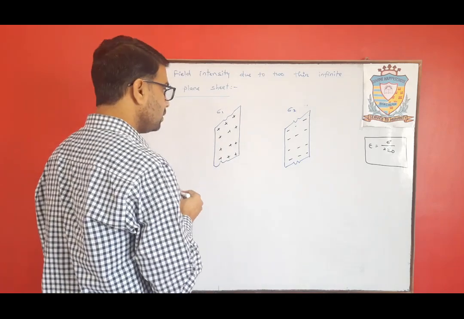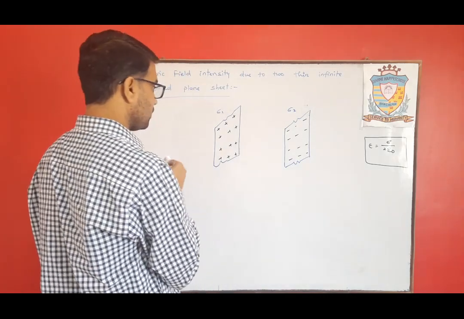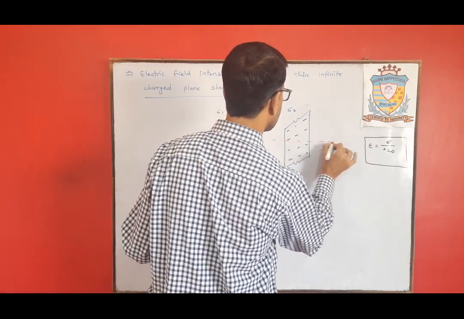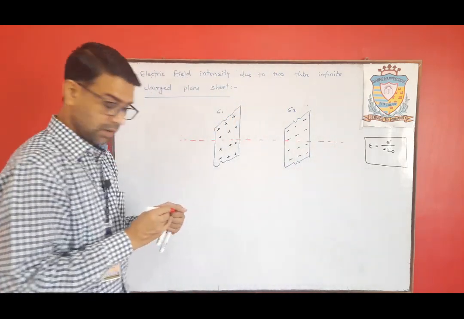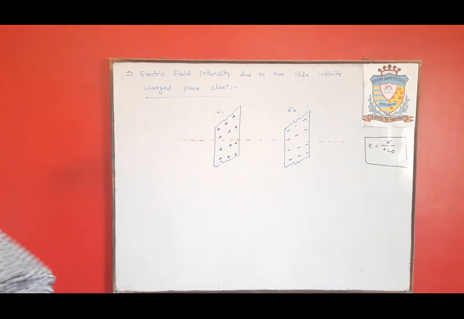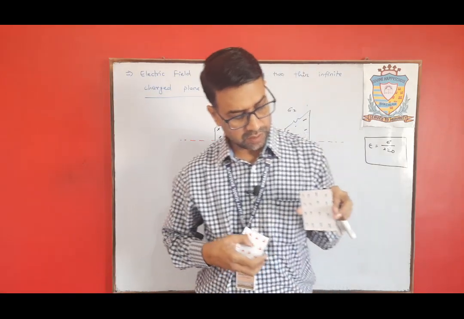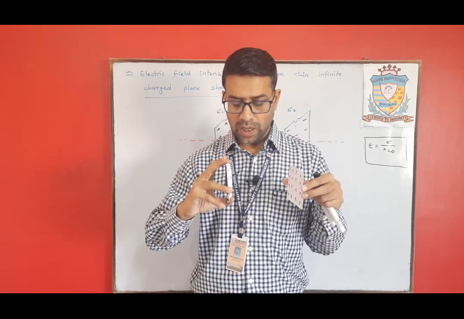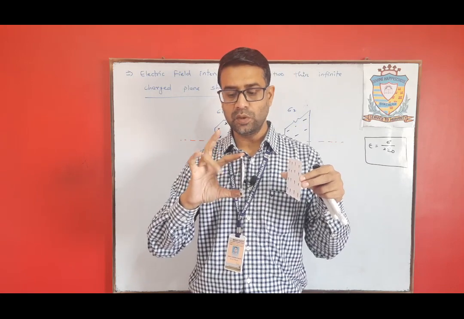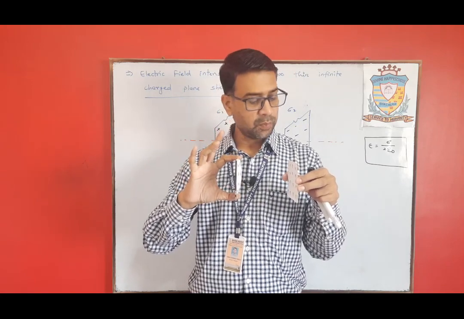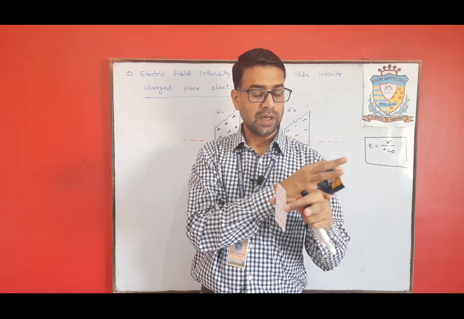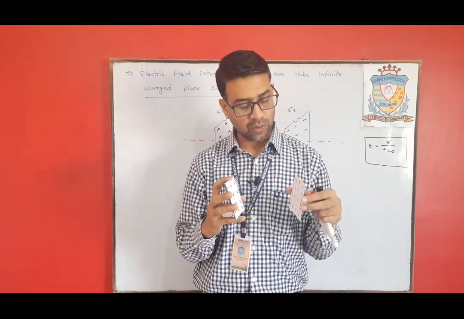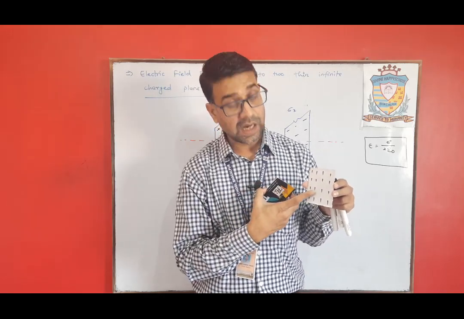Okay, so again, this should be somewhat like this. This is the negatively charged plate and this is the positively charged plate. Now, as you can see, again we have three different regions to calculate: one in between the plates, and here, left side and right side, and in between the plates. So again we have three regions to calculate, but here you can see this is negatively charged.